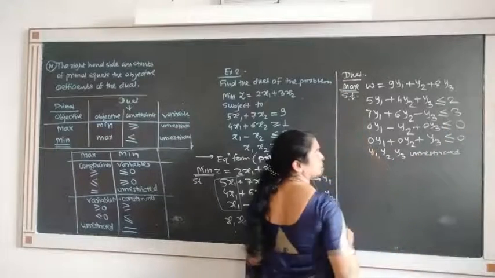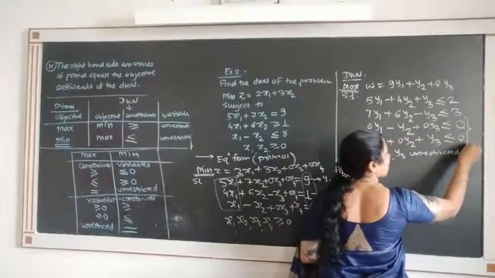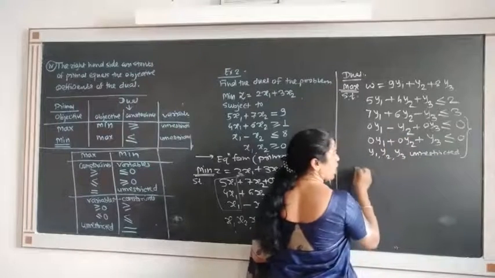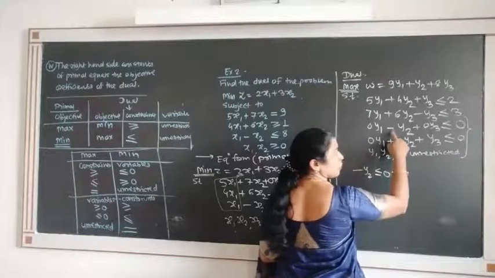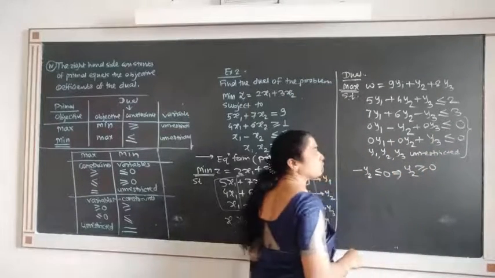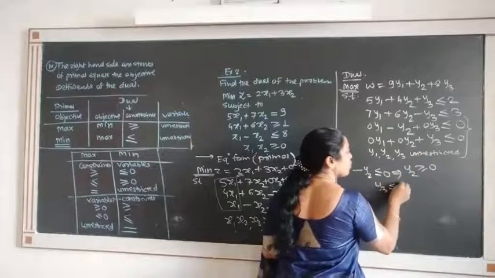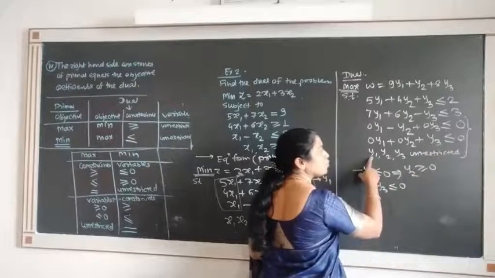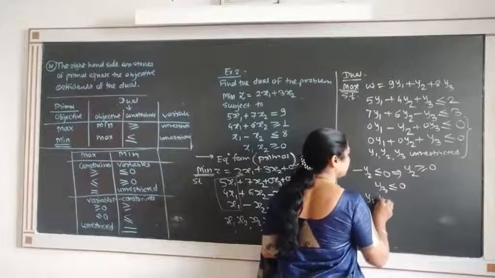So this is dual. Now see the meaning of these constraints. See what this gives. This gives minus y2 less than or equal to 0. Minus y2 less than or equal to 0 means that y2 is greater than or equal to 0. What do we get here? We get y3 less than or equal to 0. Here we get y3 less than or equal to 0. And there is no y1, so y1 is unrestricted in sign.